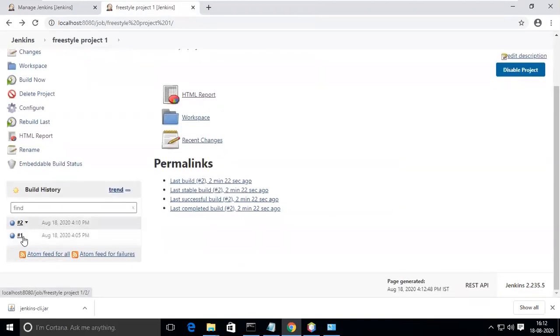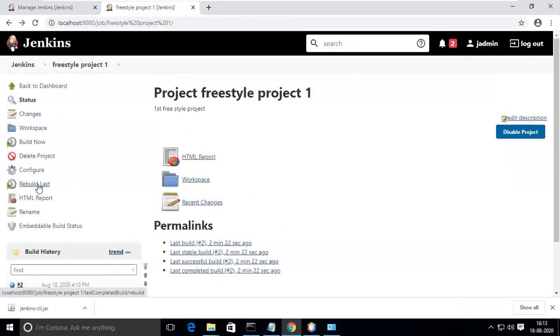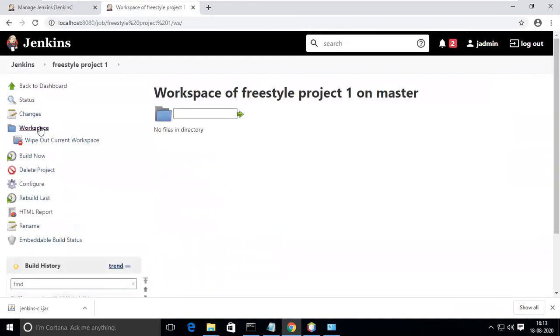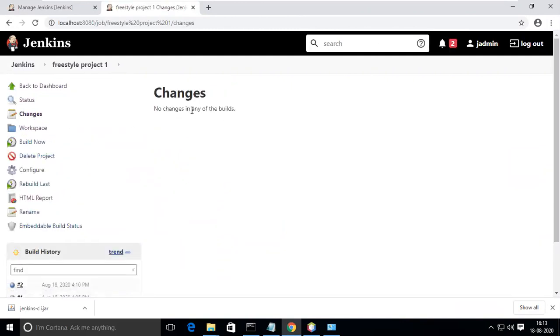Okay, so every build, this is the build history. It will keep on coming. So every build history will be there. Okay, what is rebuild last? The last one, if you want to do it again, you can do it. This is the workspace where it stores like this. Changes, if you have no changes in any of the builds. If you change but don't build, then it shows changes.